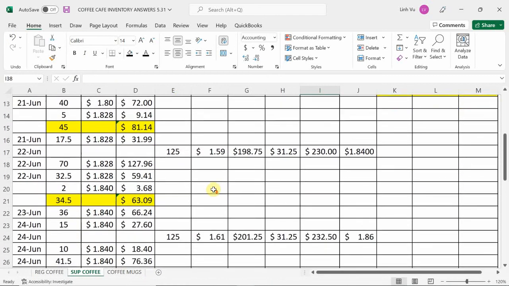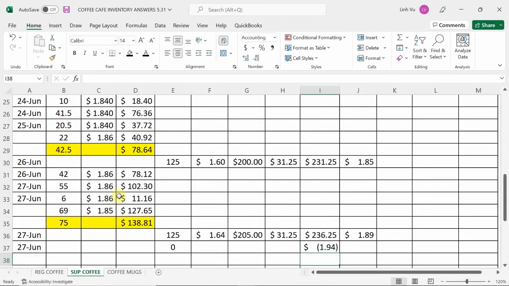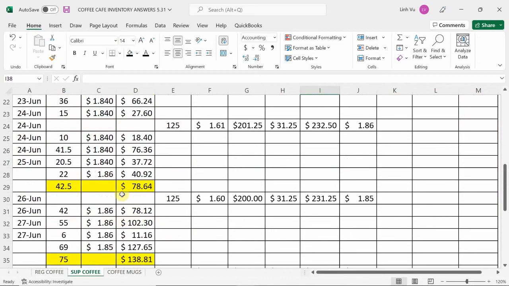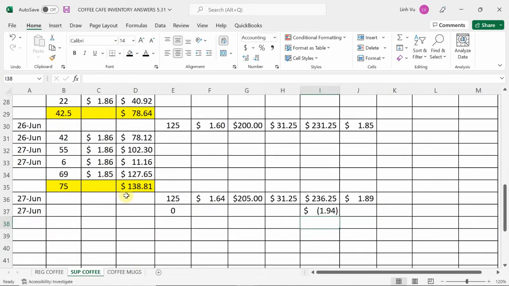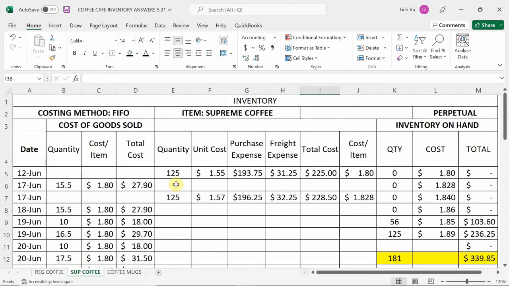We already sold 4 batches of inventory. That's a lot of work, and it's already down to the 27th of June. So you're going to be backtracking 10 whole days worth of transactions and making it correct. So you're better off taking that $1.94 off of one of the batches here in inventory. Now in this case,